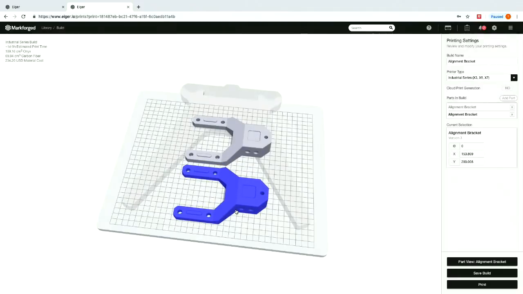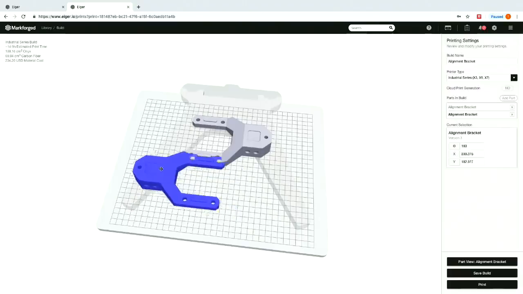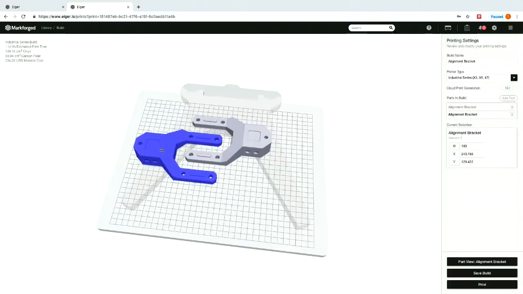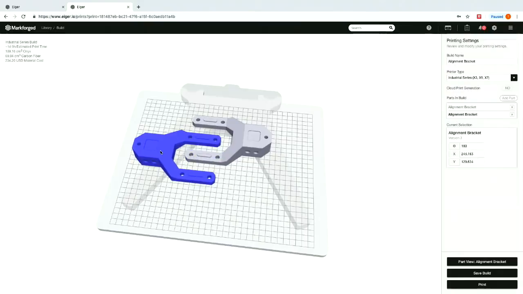Actually, there's another feature that's pretty interesting where if you add the same part a bunch of times, it'll kind of auto space it for you. I try to tweak things manually because I'm kind of crazy like that. But you can also, if you want something to print more space efficiently, turn it around and then have them interweave here. It'll obviously tell you if your part conflicts. But here I could print parts like this, and then I could have a bunch of them on the build plate at once. And this is where the estimated print time really comes in handy because you can see,